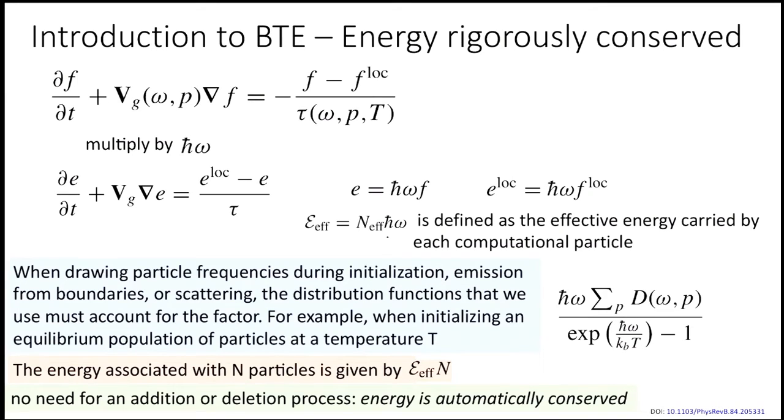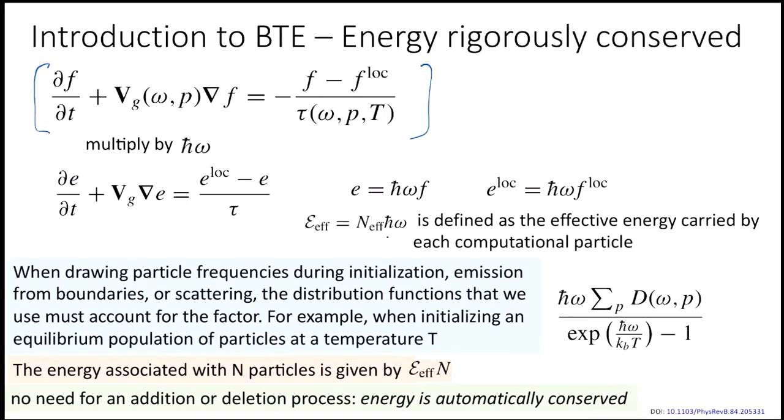Okay, so now the step comes, since the energy is not rigorously conserved, what we could do is make this equation such that we could conserve the energy rigorously, so that we don't have to worry about adding and deleting particles and approximating the energy within this tolerance, but we want to conserve the energy really strictly, in terms of how this energy is conserved.